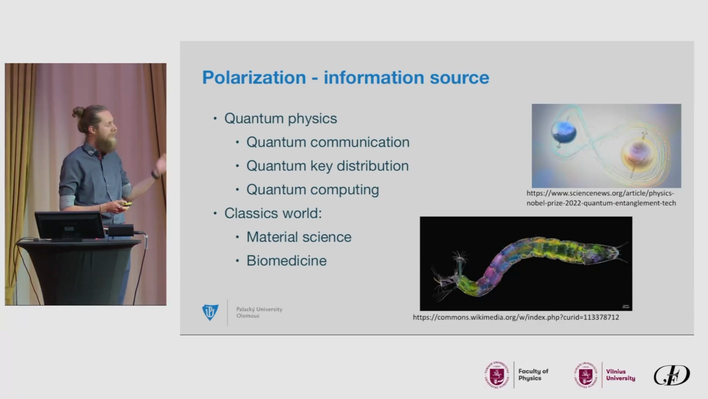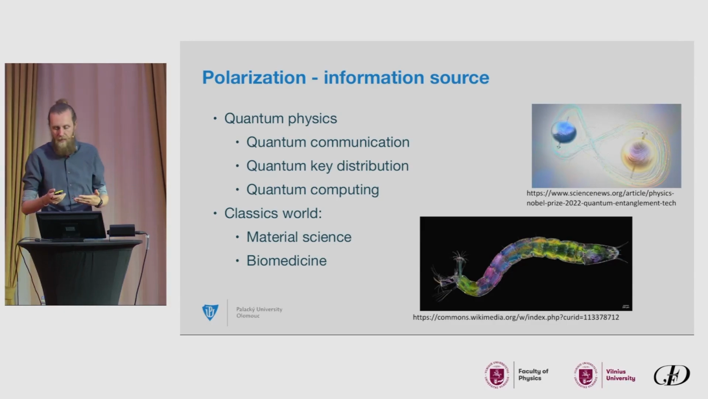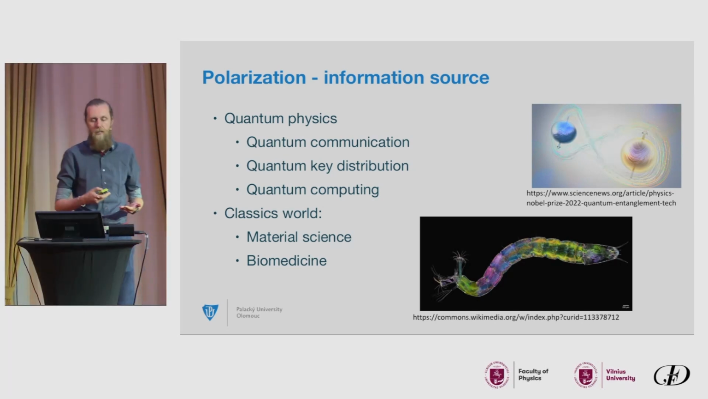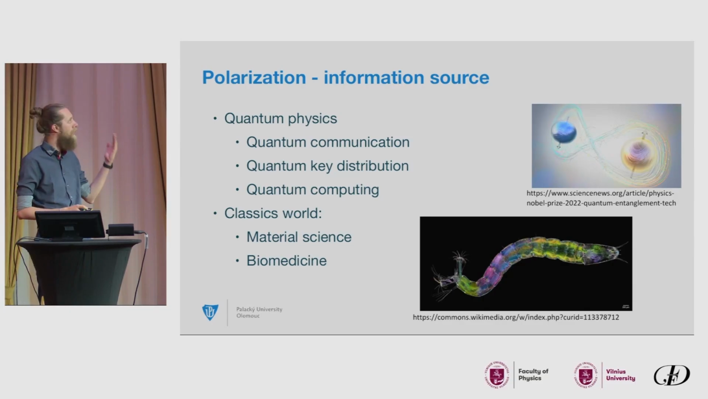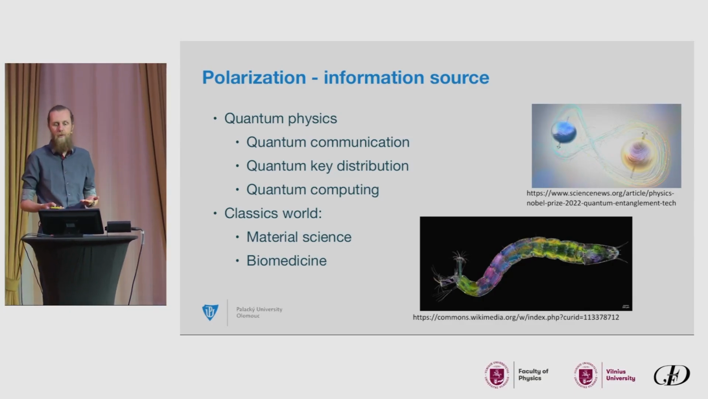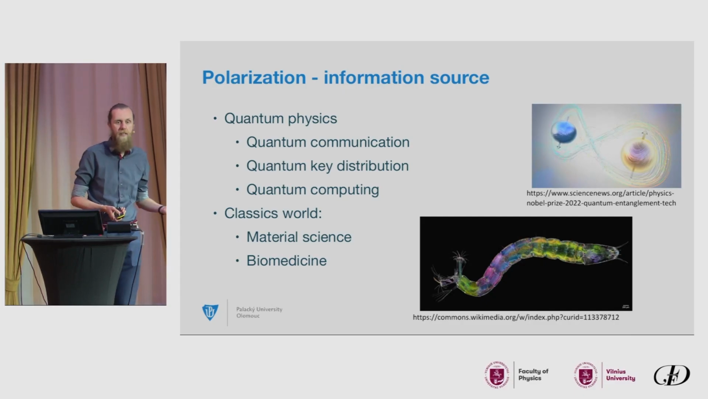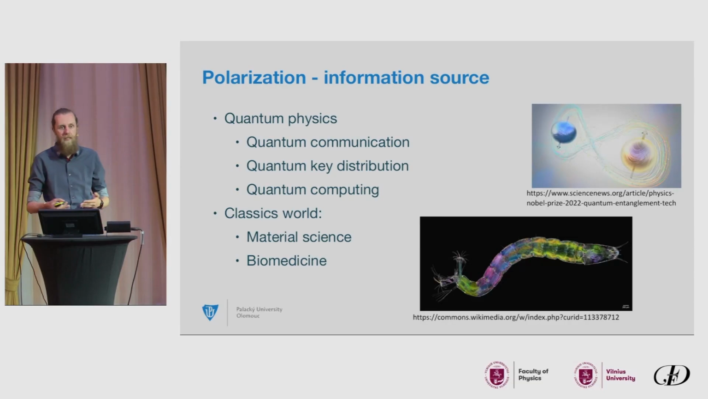It's a key degree of freedom in many fields. For example, in quantum physics, it's the source of the information for quantum communication, key distribution, or in quantum computing. But in a classical world, we can use the polarization degree of freedom in material science, for example, for detecting some